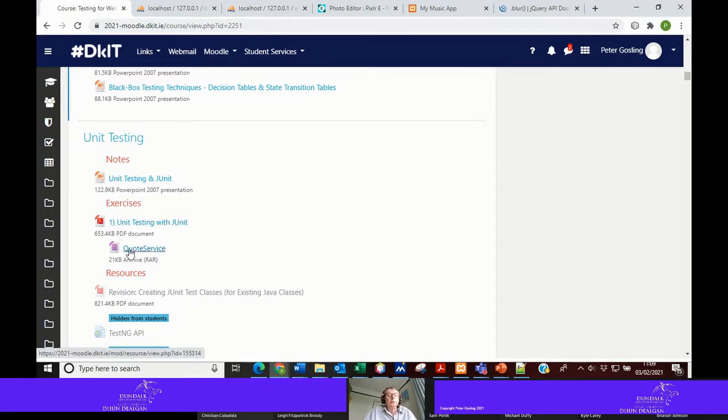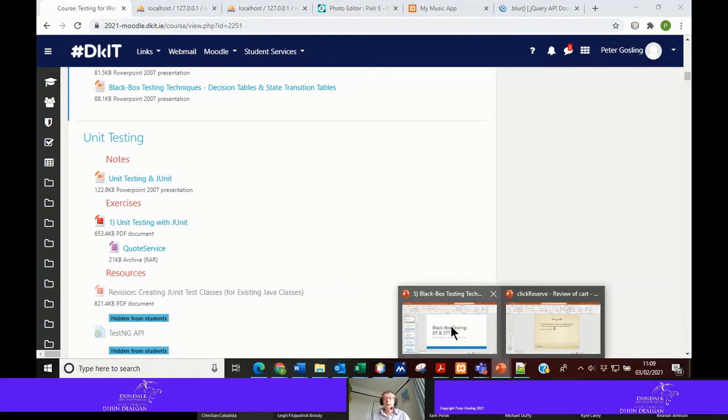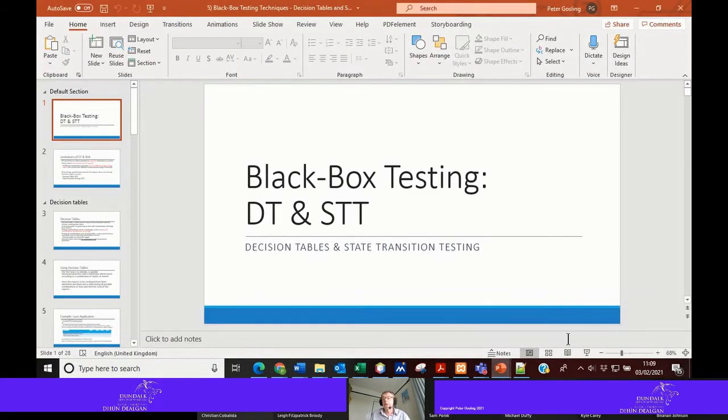Anyhow, that's what I have set up for today, because some of you will know my Java skills are next to nothing. So we'll go through the JUnit test and I will use this quote service as an idea for it. Okay. So that's what our plan will be for the practical this afternoon at 1 o'clock. Okay. So with that in mind,